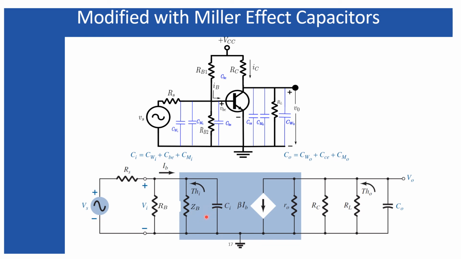Now we just have to find what is the equivalent resistance associated with this Ci and what is the equivalent resistance associated with this C0. Looking from this terminal, you can see the Thevenin equivalent resistance, which is nothing but the parallel combination of Zi, Rb, and Rs, and this parallel combination represents an equivalent resistance which is associated with the Ci. Similarly, when you are considering C0, the impedance when you look from this terminal is nothing but the parallel combination of all these three. That equivalent impedance is going to associate with this C0.